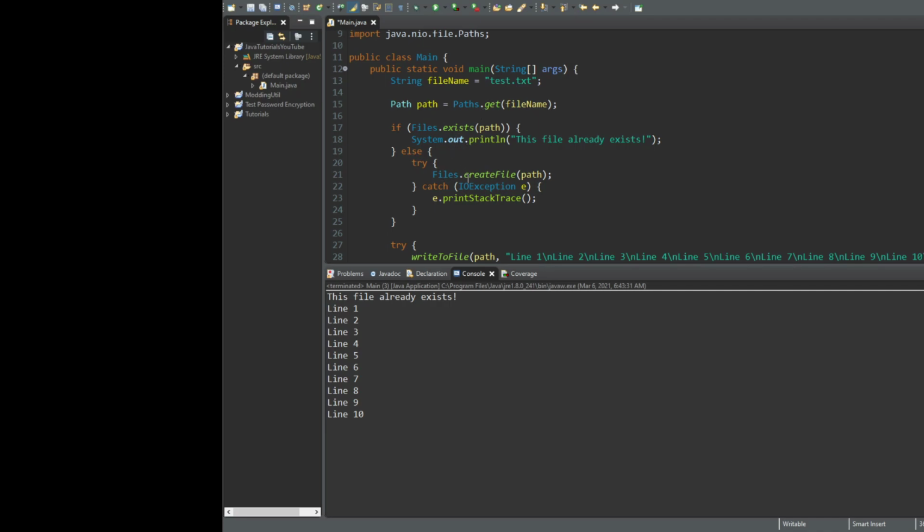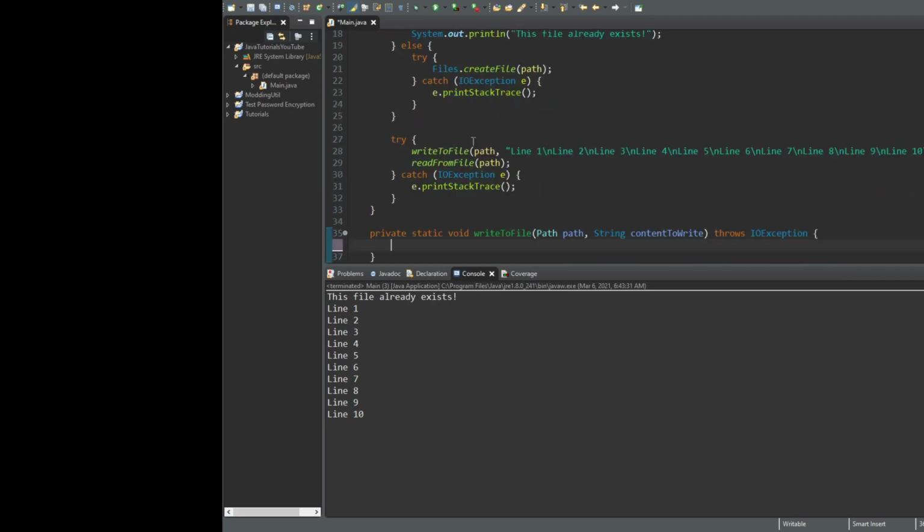So as you can see here, I still have my code to generate a file and everything. It does still work like it should. Nothing's changed. But I've added some code to the main method. I've added a try-catch block that catches an IO exception, and then I have two lines of code inside of our try. A write to file and a read from file method call,